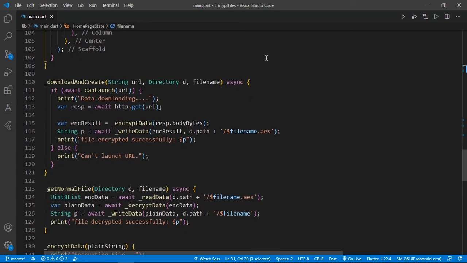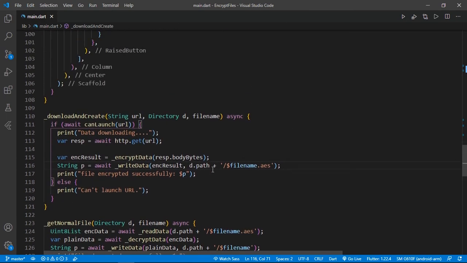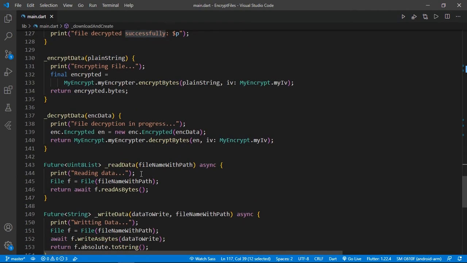So come back again here. I know guys this is a little bit hard, but you can pause our video and see all this stuff here. Now we are passing our file path here, and this is the print. When our file is written, it will simply return a message that your file is encrypted successfully on this path. Now I will go to write data.